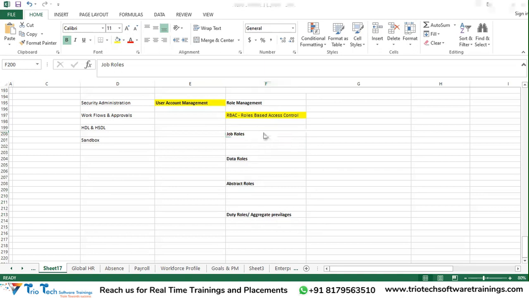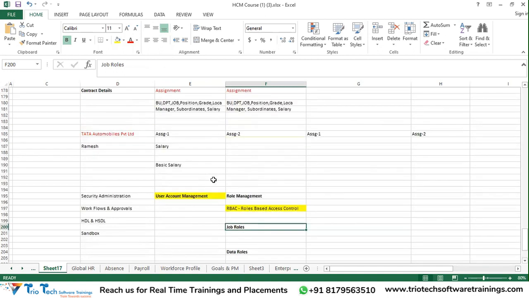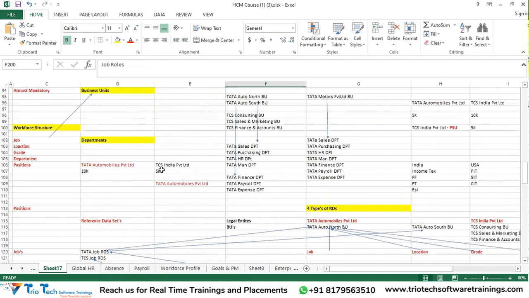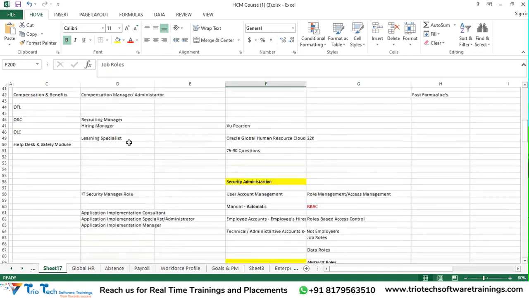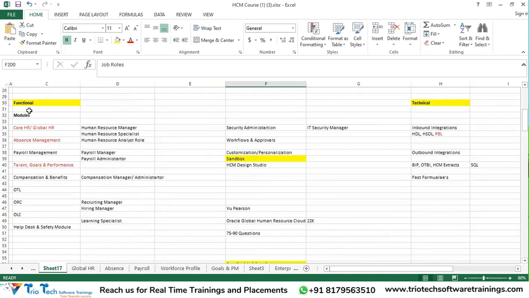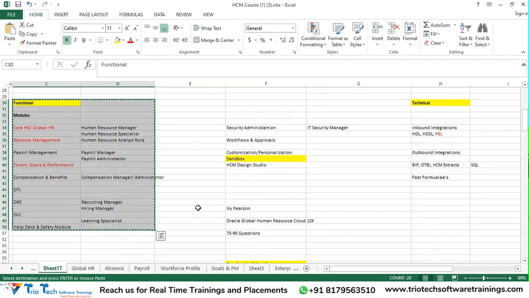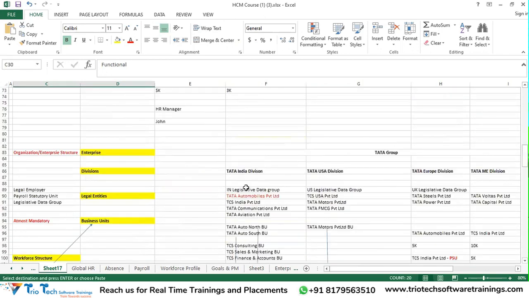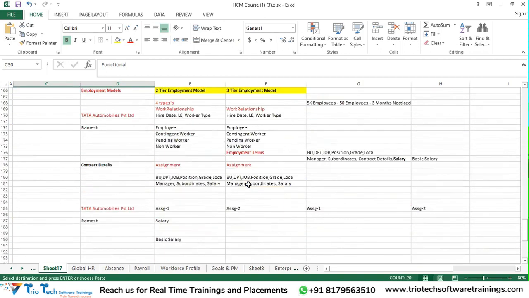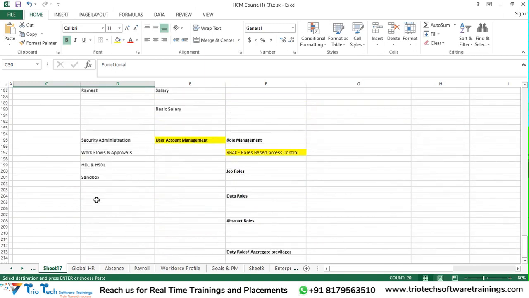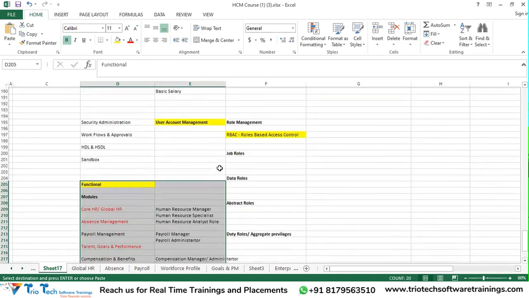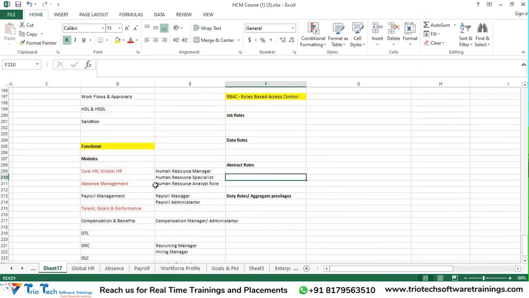So what is a job role in the system? Basically, as you are aware, for our different modules in the system, whatever that we have in place, I told you for each of the modules in the system, Oracle delivered